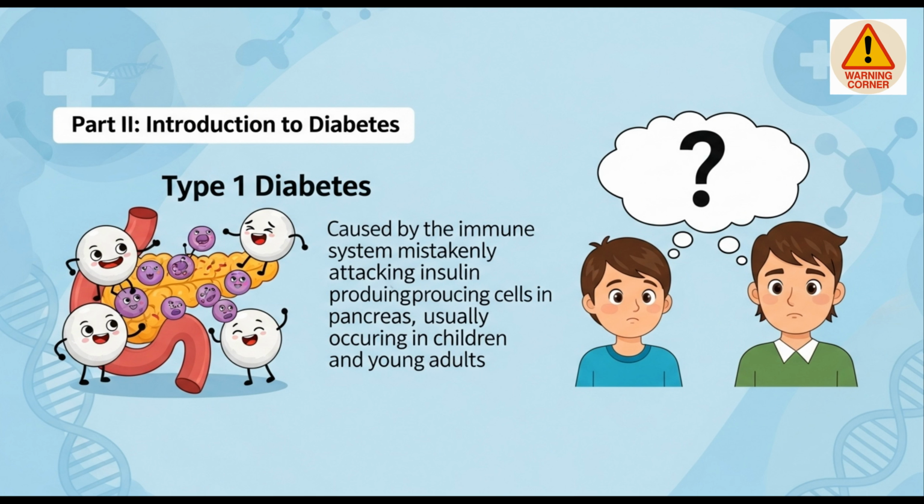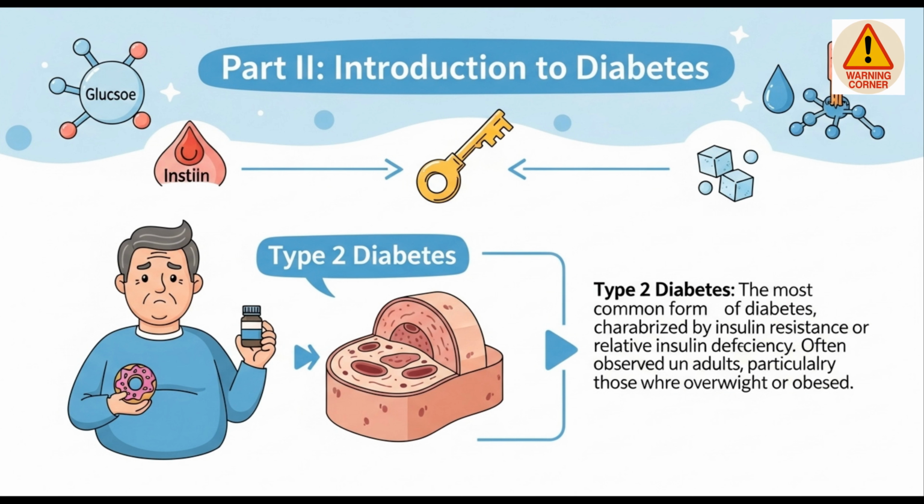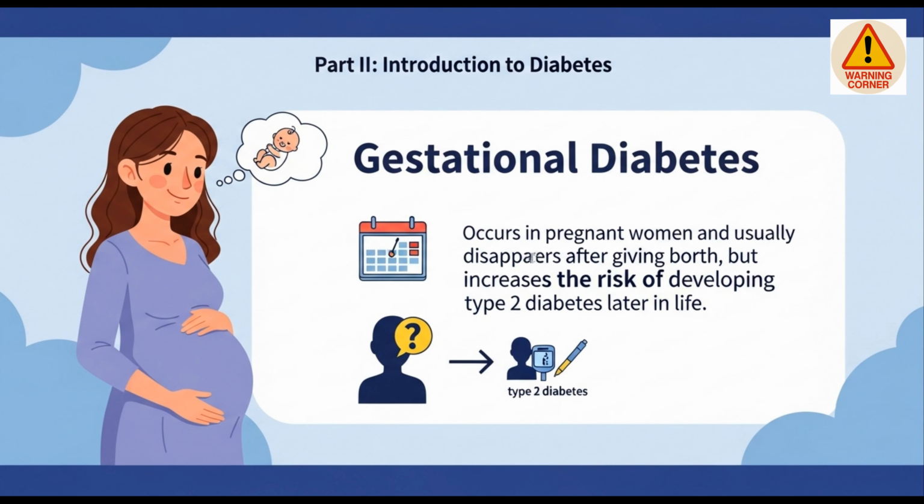and young adults. Type 2 diabetes is the most common, associated with insulin resistance or relative insulin deficiency, commonly seen in adults, especially those who are overweight or obese. Gestational diabetes occurs in pregnant women and usually disappears after giving birth, but increases the risk of developing type 2